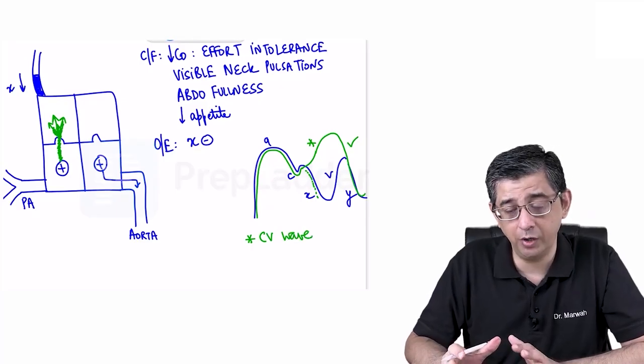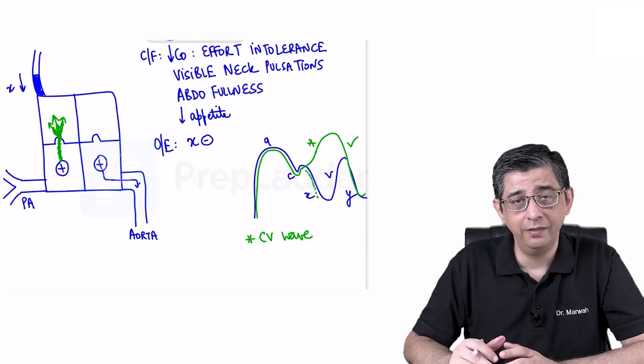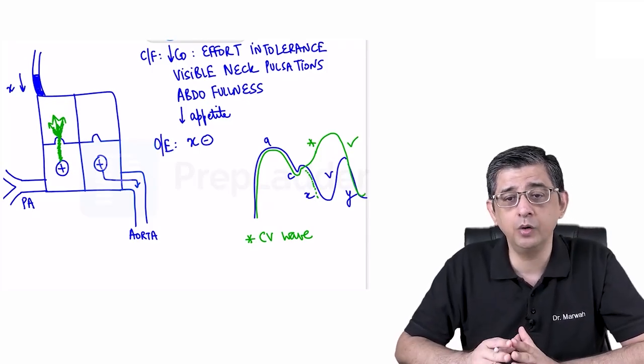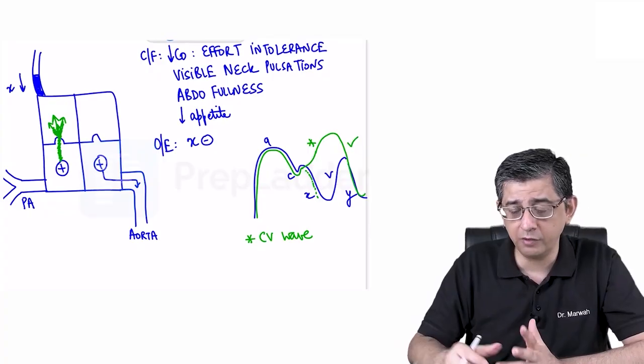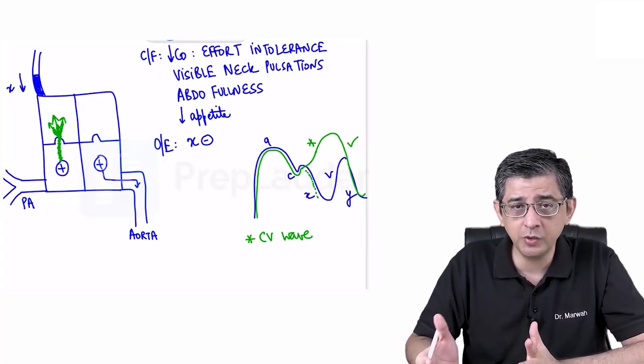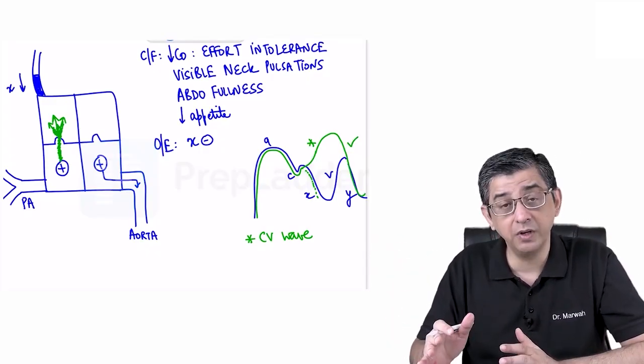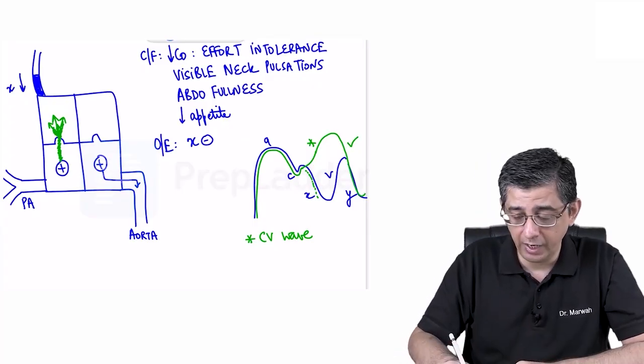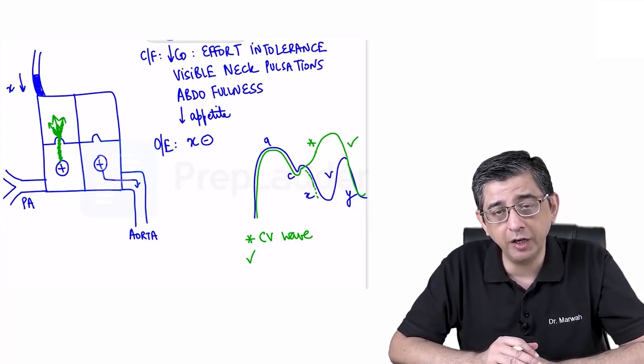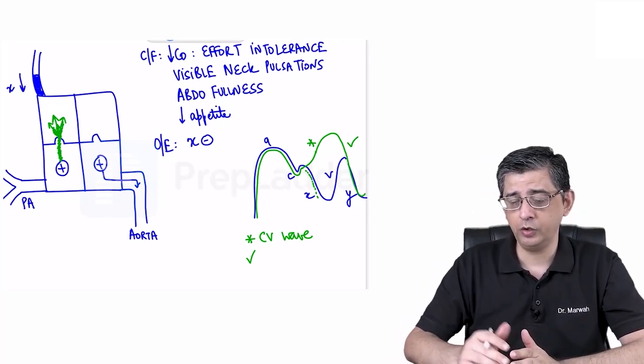This is what I was talking about right in the beginning of the discussion, that CV wave is one of the very good tick-up points for these patients. Why CV wave? Because after C there should be X. There is no X present. So anything that goes up after the C wave would be a positive wave, that is, would be called a CV wave. And where I have put a tick mark, I want to say that I can describe this